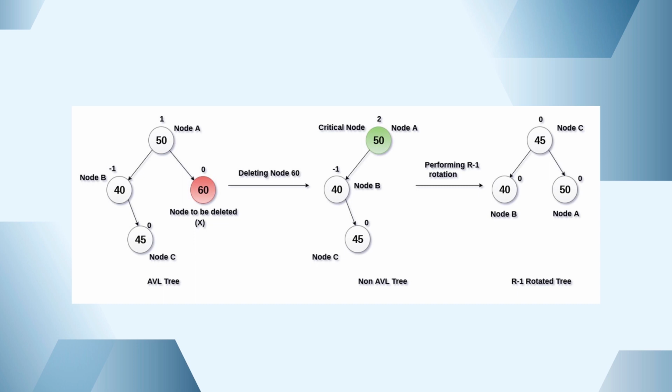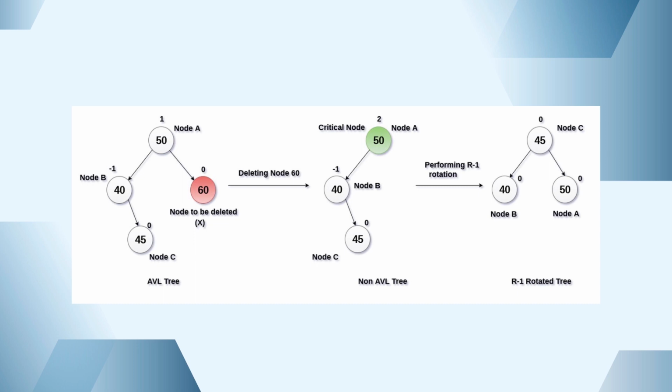But in the mirror image, suppose you are working on the left rotation, you can replace by the successor value, because at that time we do not have any predecessor value. But here we have a predecessor value, in the form of 45. So, we replace the node which does not satisfy the property of the AVL tree, that is 50, the root node. It should be replaced by the grandchild node, also the predecessor node, that is 45. So, 45 takes the place of 50. Now, 50 will be shifted as the right child and 40 will stay as it is as the left child of 45. So, after performing the R -1 rotation, or we can say the left right rotation,